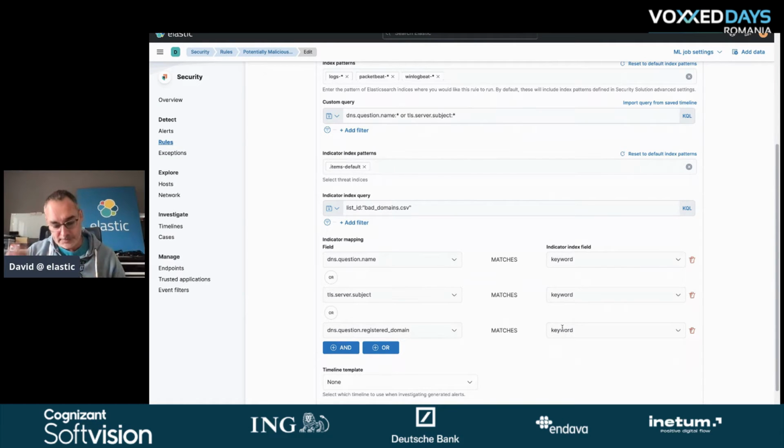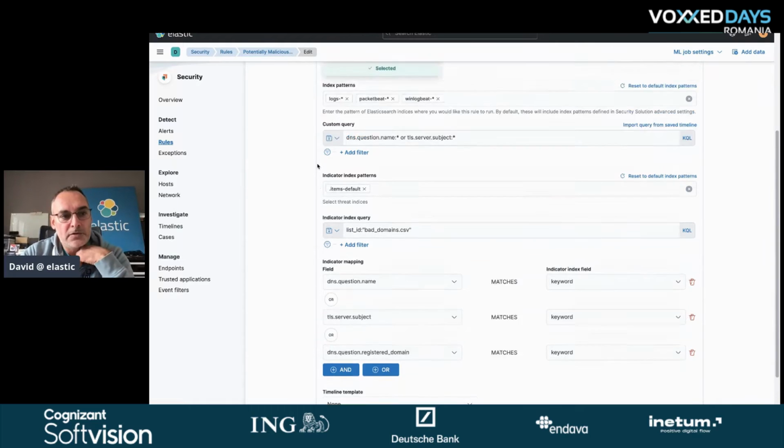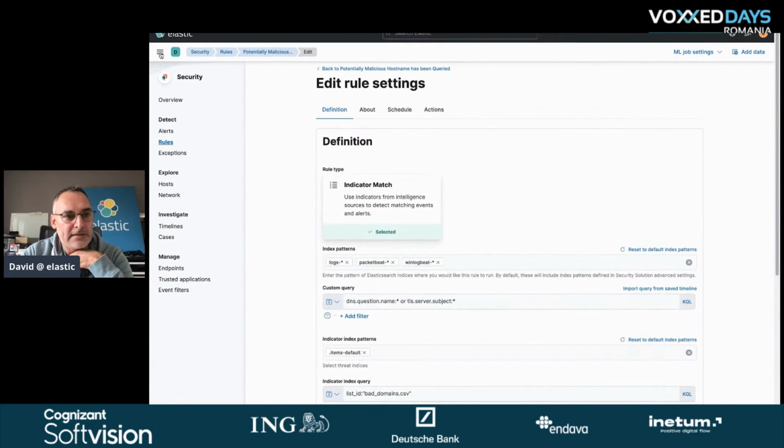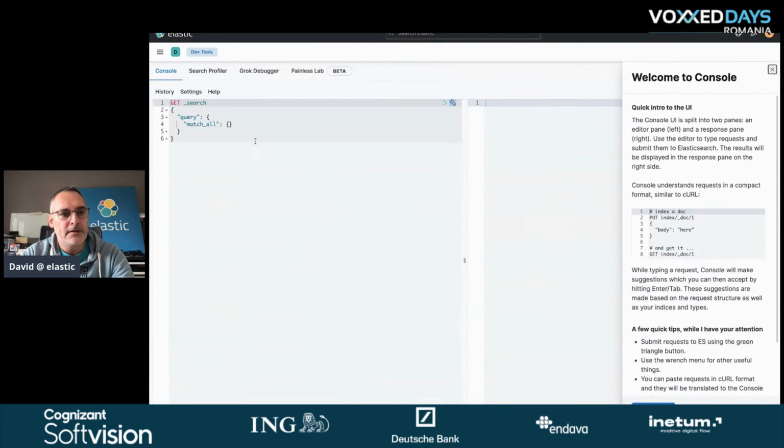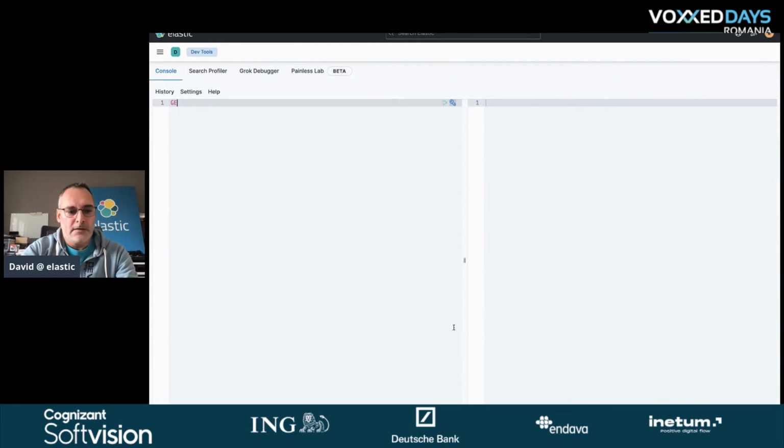If I look at what it actually means, let me open the DevTools. Here I'm going to show you exactly what we have. Let me query this index that I mentioned. The name of the index is item defaults, item default underscore search.